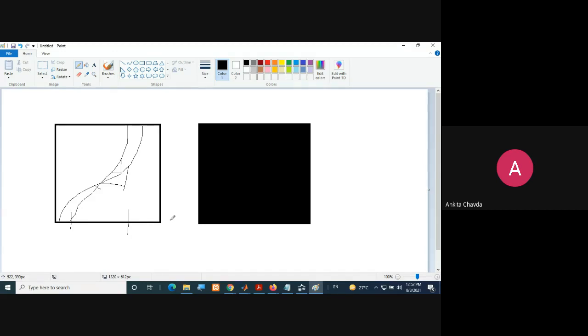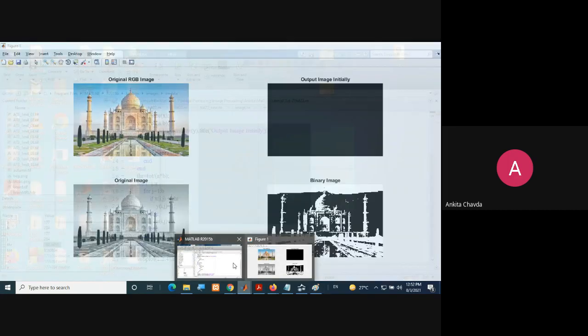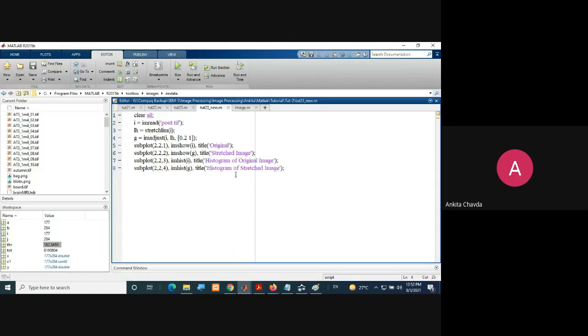Maths. Yeah. Okay. So first I'm showing you the code which we have done via built-in functions with the use of imadjust, right? So first I'm reading one of the images, okay? Then I'm taking the stretch limit into one of the variables, LH, so lowest and highest limits, low and high, okay?